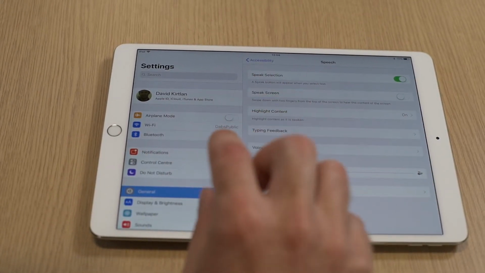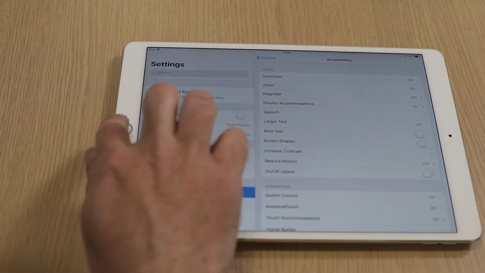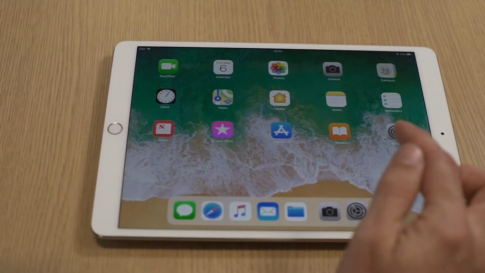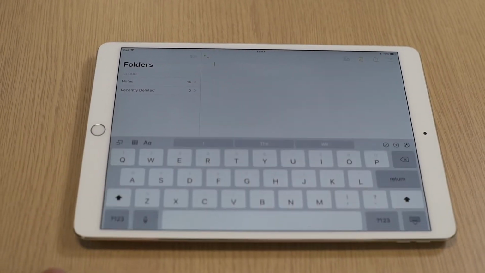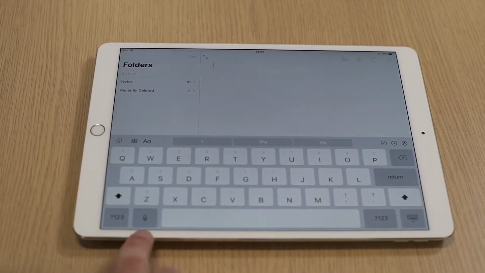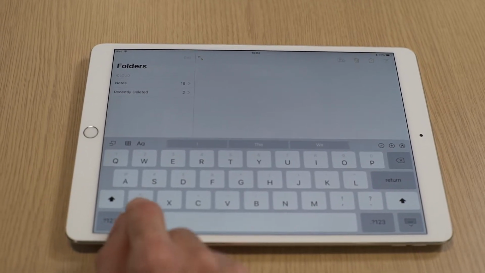One of the other things that we can have a look at before we get into the accessibility features within the settings is if I just go to maybe Notes or anything where I might want to type in here. So I could type in here, but I also have a dictation feature. I could press the microphone here. If I tap it now,